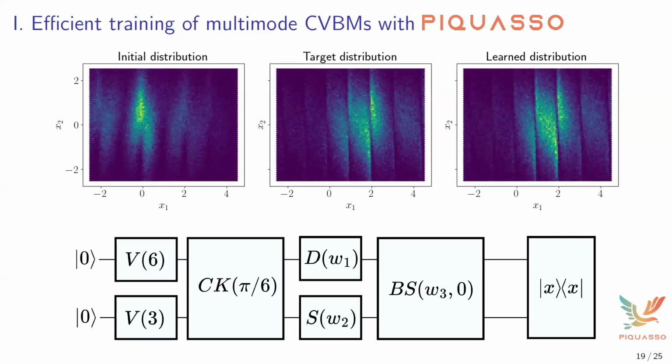Here you can see the initial distribution. The first figure is the initial distribution. The second is the target distribution, which we generated from certain weights you can see below. And we successfully trained this circuit to learn the distribution which was given to it. But for that, you needed to use many iterations, and you need to use many shots to calculate or approximate the gradient value. So it is really demanding, but yeah, it can do it.